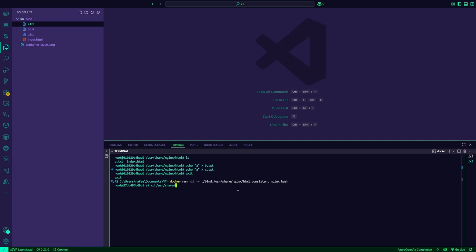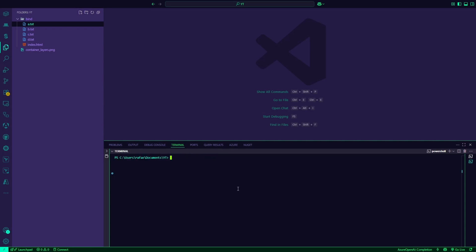And share nginx html, I don't know. Sometimes it's hard to test this on the fly. It actually has the same delay even if it's consistent. Yeah, sometimes it's hard to test all of these modes, but keep in mind that the consistent one prioritizes the